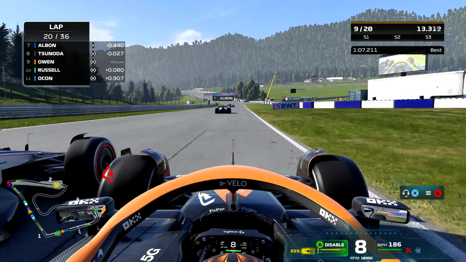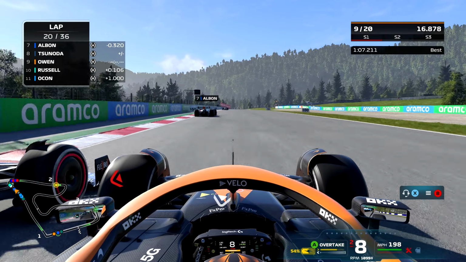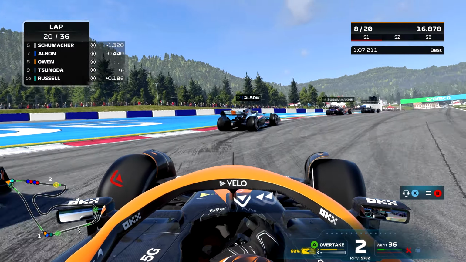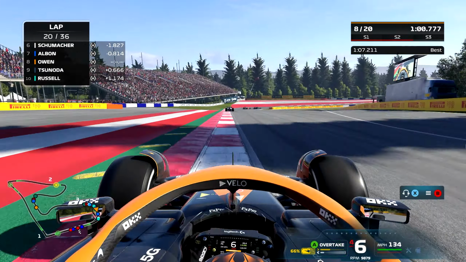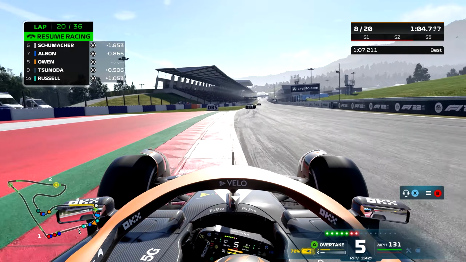Every time they scrap down into turn 1, they really compromise each other, and it opens the door for myself to just set them up for the turn 1 exit here. And we're not only going to get Russell, but we should be able to get Tsunoda as well. A little bit of oversteer right there, but it doesn't matter. We do get ahead and take P8. So now into the points, and we can focus on closing in on Albon as another yellow, and it's a